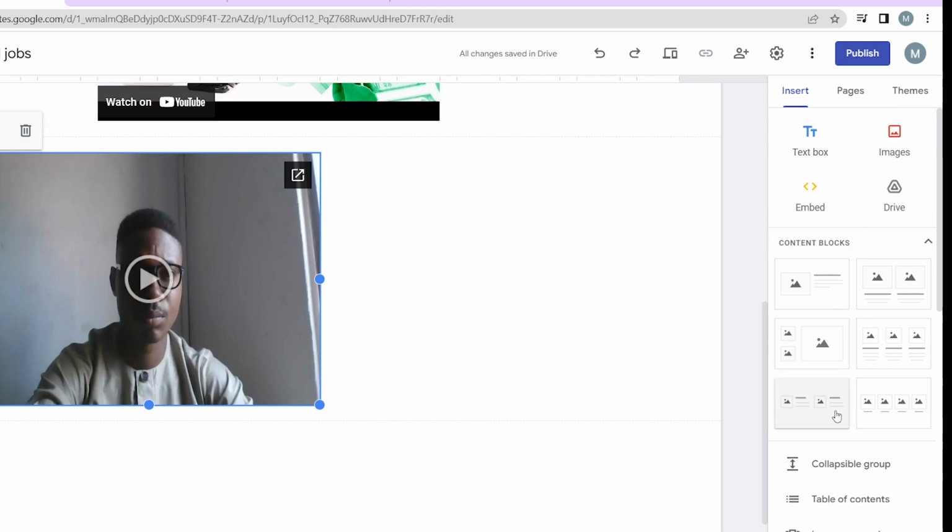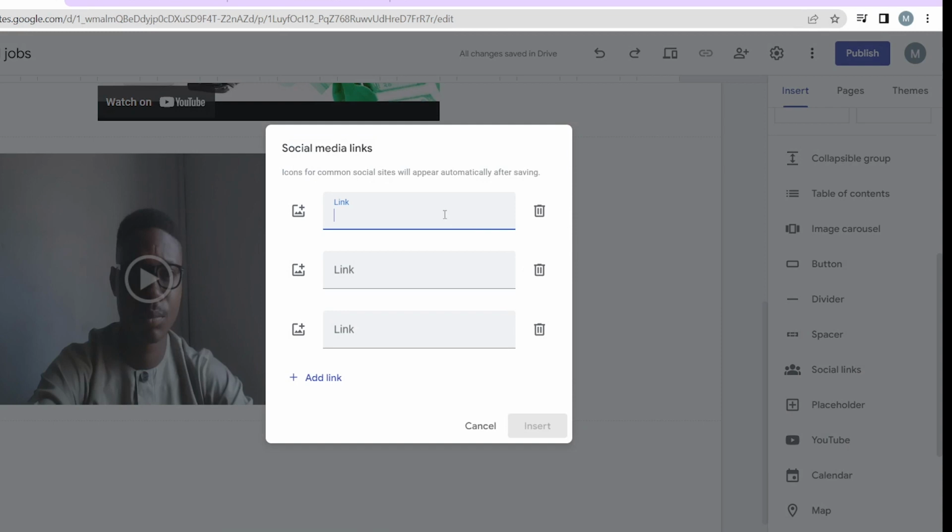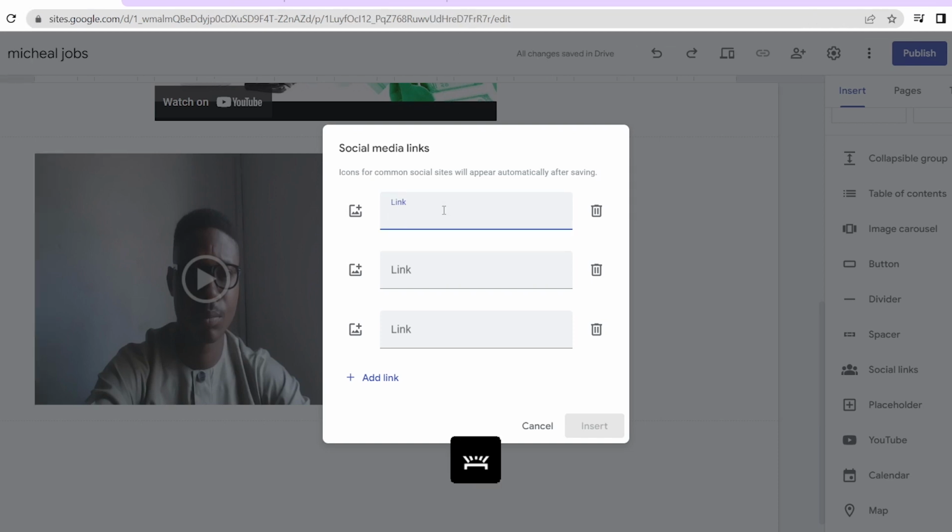That is for insert. You can insert anything. You can insert your social media link, which is very essential, right? You can put the icon here so that people will know that it is maybe Instagram or YouTube. Remember, you have to know your link. Like our one is